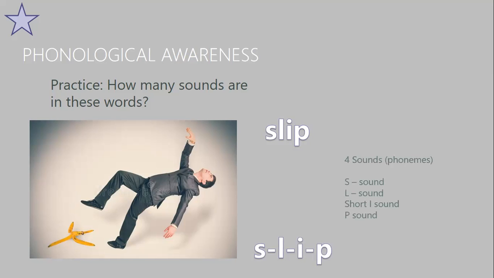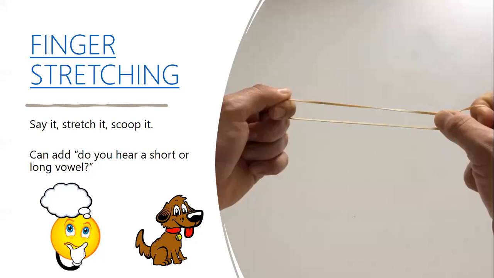Good. This is four sounds, even though a lot of times you see the S and the L together. What makes this different from ship is that you hear a distinct S and L sound. So this is what we would call a blend, the SL blend versus the SH digraph. It's actually a completely different sound than S and H together. And we'll go over that